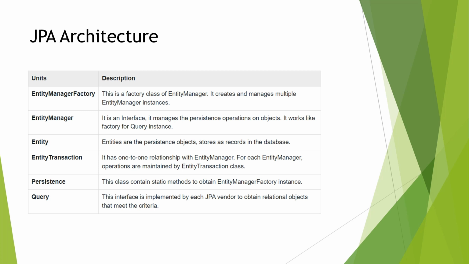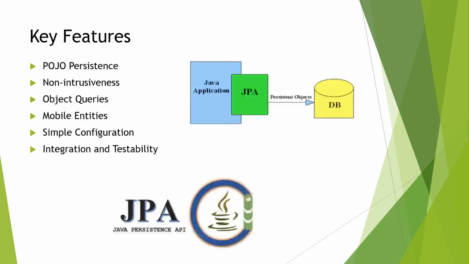And the key features of JPA architecture are POJO persistence. POJO stands for plain old Java object. And non-intrusiveness. And the third one is object queries. Object queries refers to the ability to query data from a relational database using object oriented syntax rather than SQL syntax. And mobile entities,